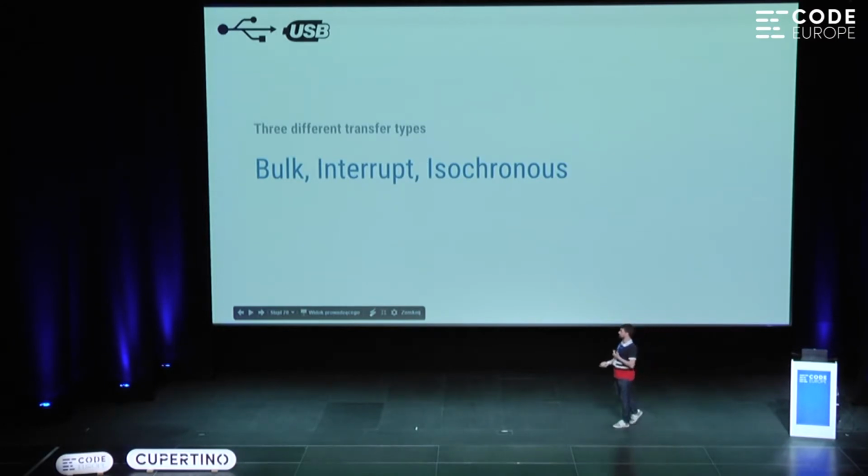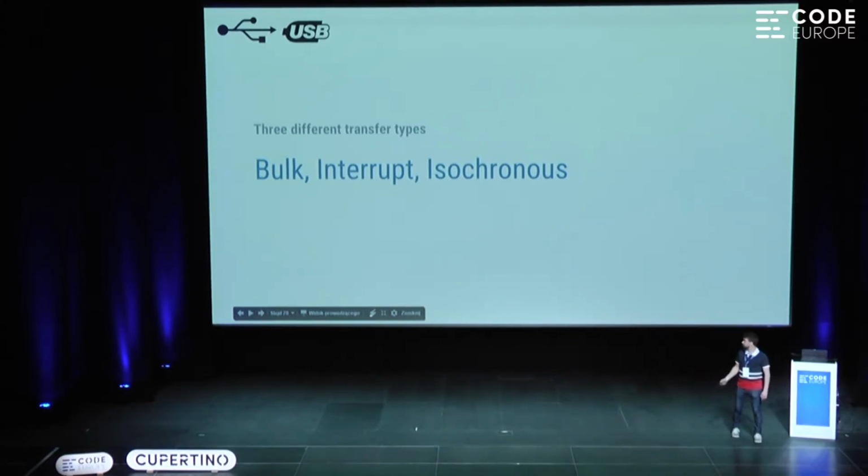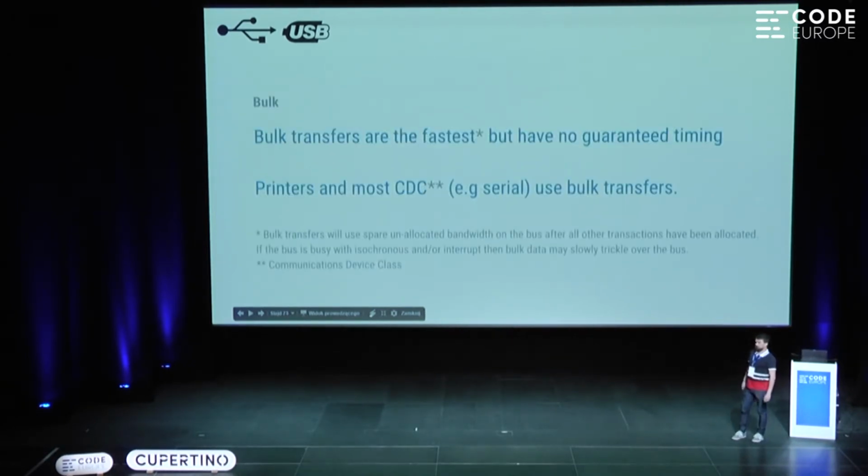It's also more complicated. One of the things you need to understand is there are 3 different ways of sending data. There's bulk, interrupt, and isochronous. I don't know who came up with that name. Bulk transfers are the fastest. It's about getting things in bulk and sending them. But if you're doing that, you're combining data. It doesn't have guaranteed timing. So if you want to have a keyboard, you actually want to type and see things on the screen while you type, and not a second after. This is not the best.